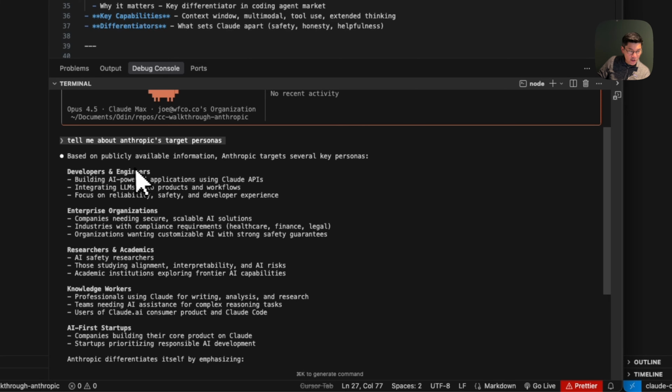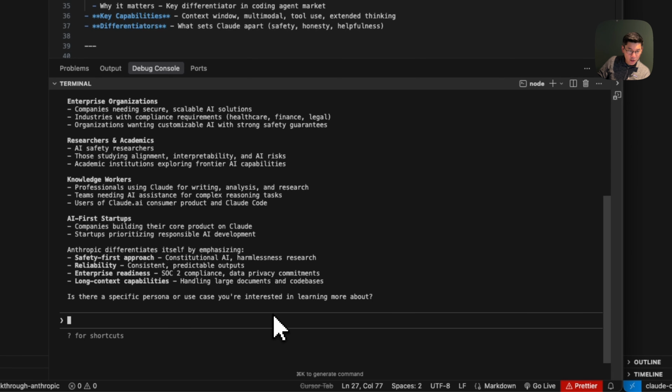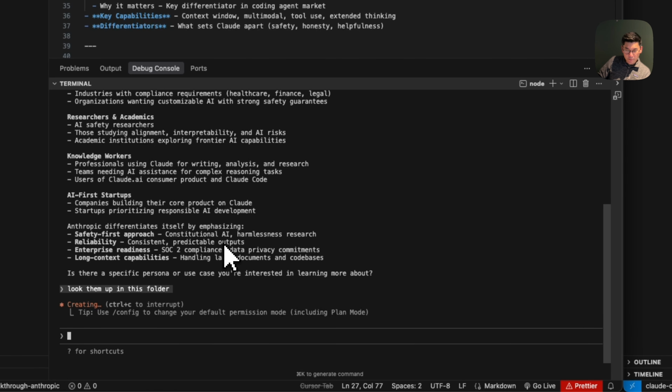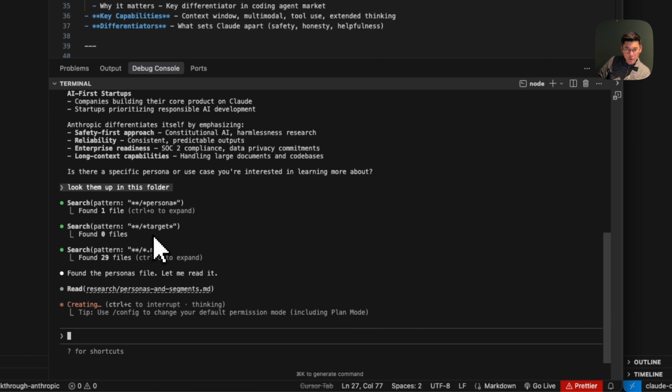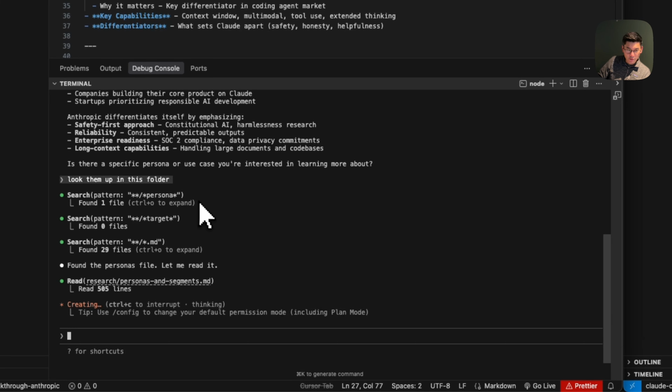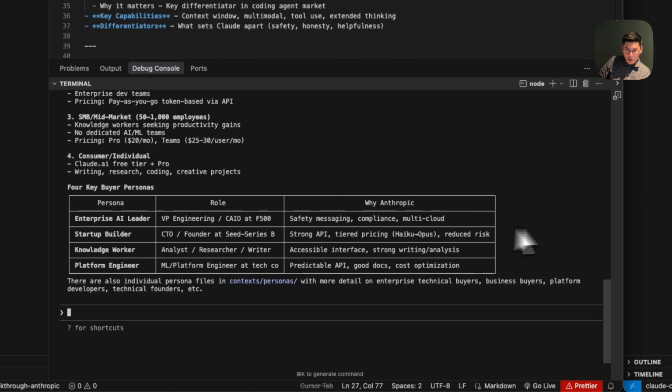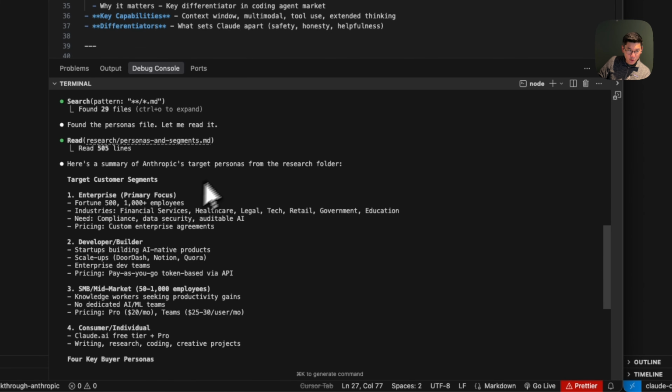Here, Claude is basing its answer on publicly available information. So I might say something like, look them up in this folder. It starts looking for patterns, trying to find personas, trying to look for markdown files. Okay, great. It finally found all of the target personas from this folder,